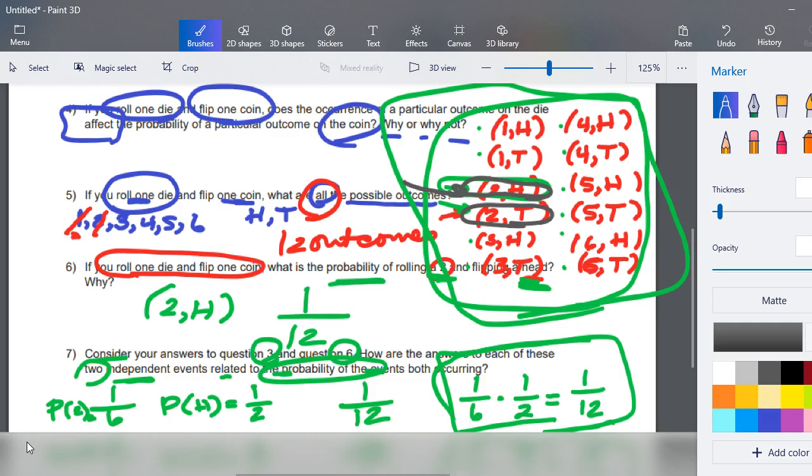Let me search and see if there are more options. Right here, this one's not a 2, but it landed on heads. This one's not a 2, but it landed on heads. When we throw in the word "or," it changes a lot. So this one landed on heads, this one landed on heads, this one landed on heads. I think we've got them all. We've got every possible outcome where we could land on heads or roll a 2, and now we can count them. We have 1, 2, 3, 4, 5, 6, 7 possible outcomes out of a total 12